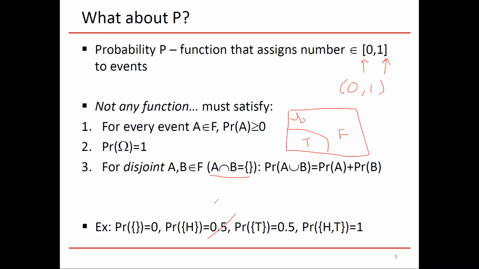Let's say that the probability of heads is 0.4. Now, the tails set is disjoint from the heads set, and the probability of their union, the probability of H and T, is equal to the probability of omega, because H and T are the only two possible outcomes, which is equal to 1. Now recall, again, H and T are disjoint. Therefore, the probability of H,